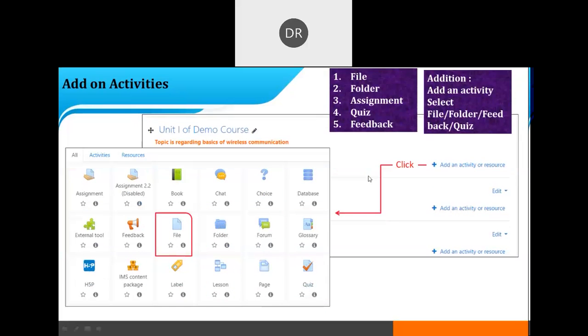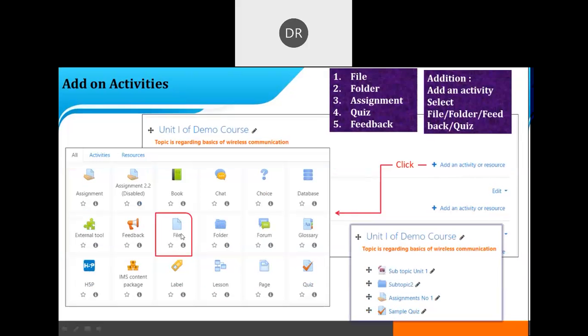We'll see them one by one. First, the file. How to upload this file? After clicking on add an activity or resource, the summary of the different activities will pop up. You can select this file.